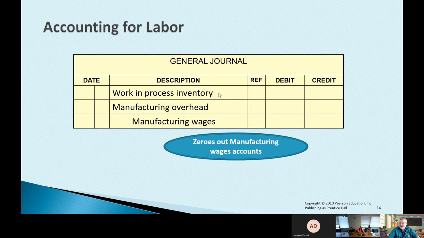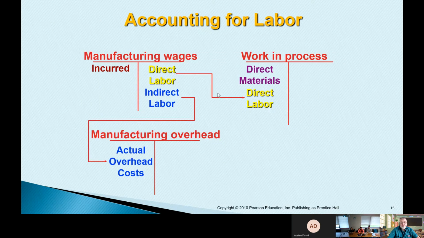And accounting for the labor. So let's go back to our T charts now. Before, we were talking about materials. Now we're talking about labor. Our total accrued labor is going to be on the left side of this chart. That's our total labor. And then on the right side, we're going to break it out just like we did the materials. We're going to have direct labor, and we're going to have indirect labor that's going to go into